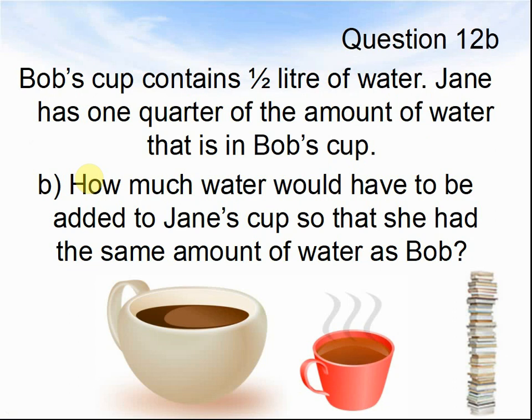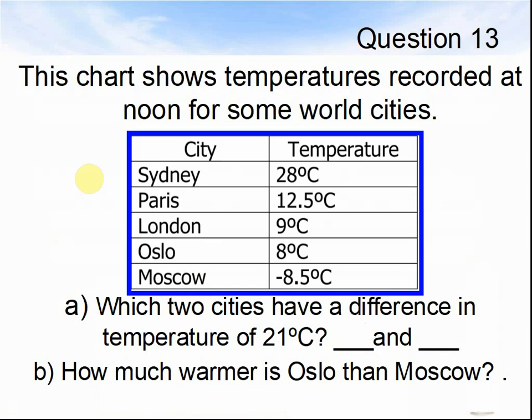Here comes the next question. Question 13. This chart shows temperatures recorded at noon for some world cities. City, Sydney, 28 degrees centigrade. Paris, 12.5 degrees centigrade. London, 9 degrees centigrade. Oslo, 8 degrees centigrade. Moscow, minus